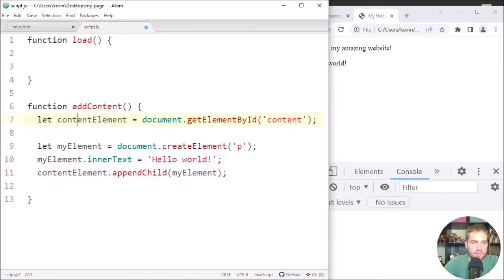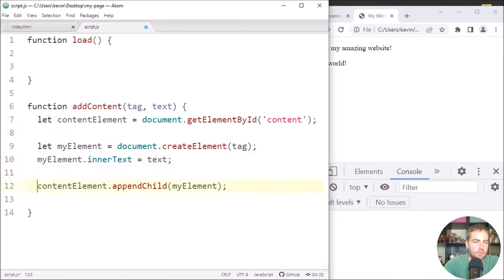logic. So first I'm going to get the content element, and then I'm going to say my element equals, maybe this will be an argument. So I'll say tag, and maybe this will be an argument, text, and so I'll say inner text equals text. Okay, so now I've refactored my code so that I have this add content function, which takes 2 parameters, a tag, which can be something like p or h1 or ul or whatever, and then some text. And this function